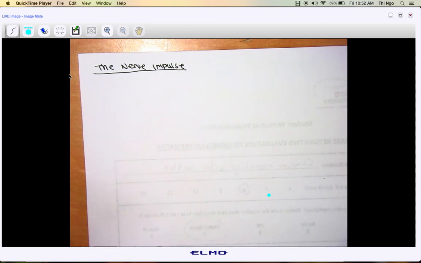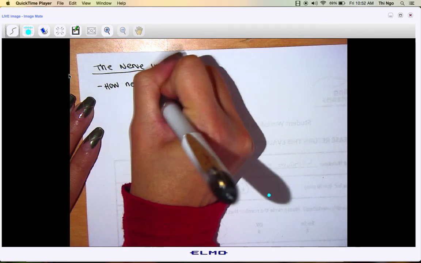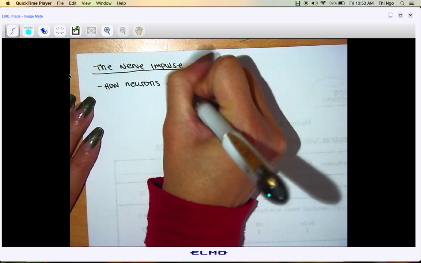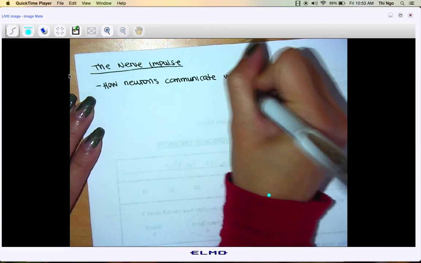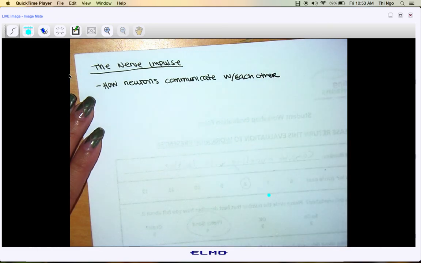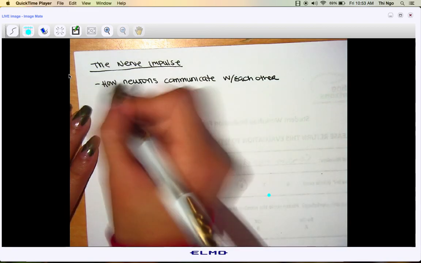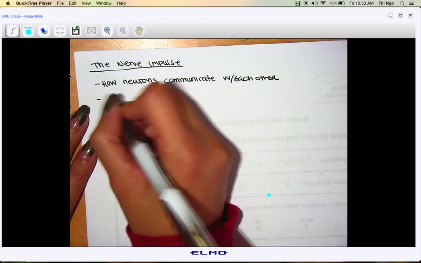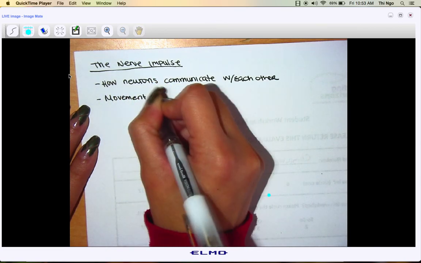The nerve impulse, the definition or a description of what the nerve impulse is: this is how neurons communicate with each other. This is how they tell each other to do stuff. And the official definition of a nerve impulse is the movement of action potentials